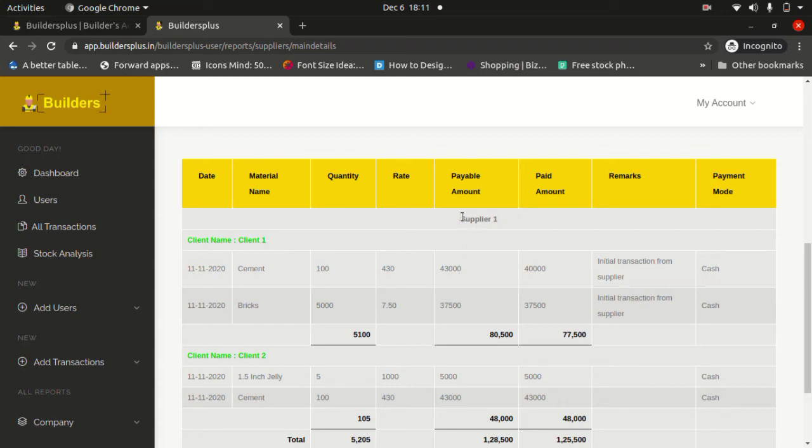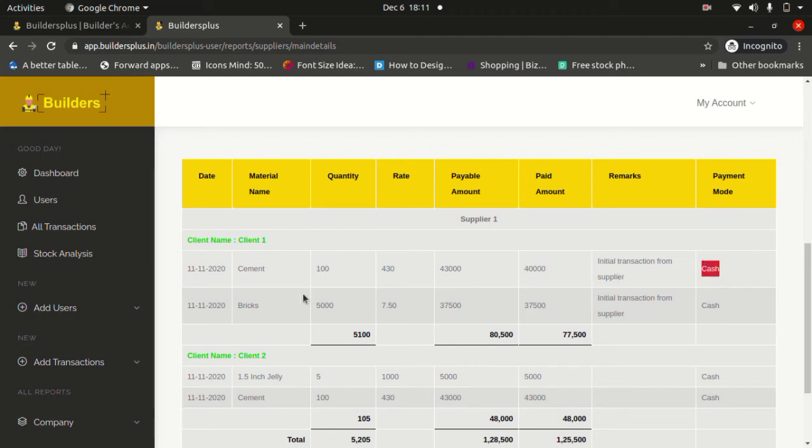Okay, let's take an example. Supplier 1, for client 1, for a purchase of cement material, 100 quantity at 430 rupees, 43,000 is the payable amount. They paid 40,000. The remarks say this was an initial transaction from the supplier, made as a cash payment.